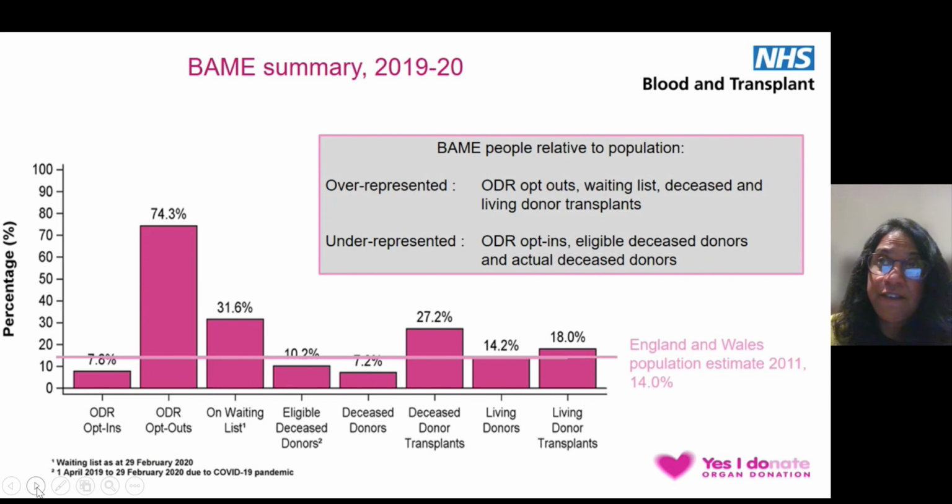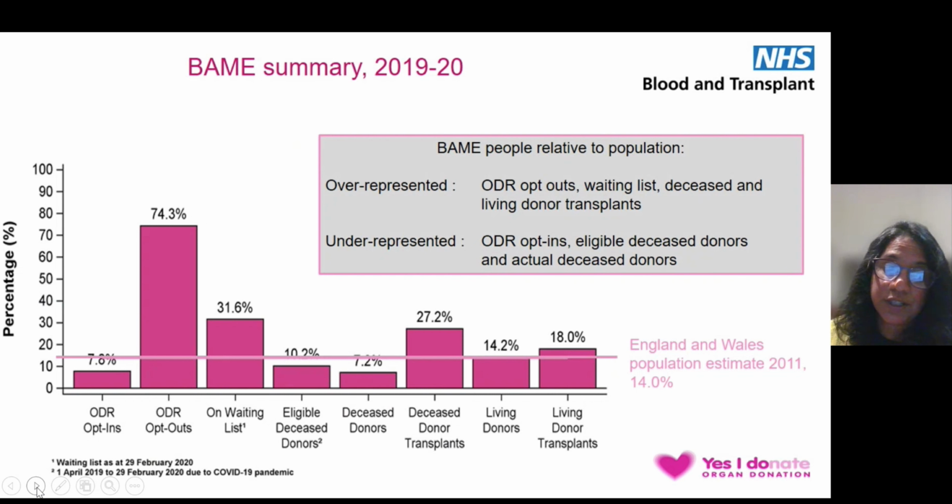donations. If you look at opt-ins into the organ donor register, the organ donor register is the register where patients can actually make an expressed wish to donate after their death. The opportunities they get to do this are when they register with a new family doctor or general practitioner, or when they sign up to get their driving license. They can see a public interest campaign and go on the website. But if you look at the organ donor register in the UK, only 7.8% of opt-ins are from the Black